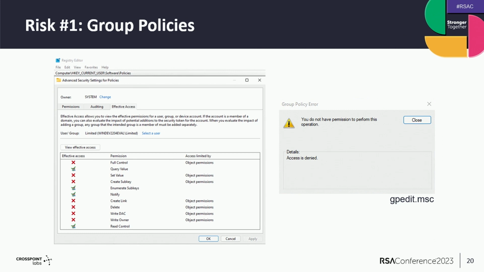Standard users are not allowed to do so. If you happen to have a corporate Windows laptop, you are probably assigned a standard account, and if you try to configure group policies by running, for example, gpedit.msc, you will get an access is denied error, as expected.